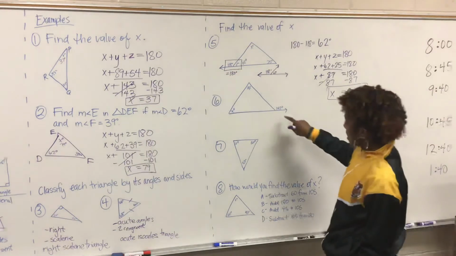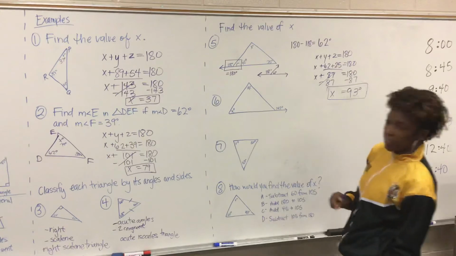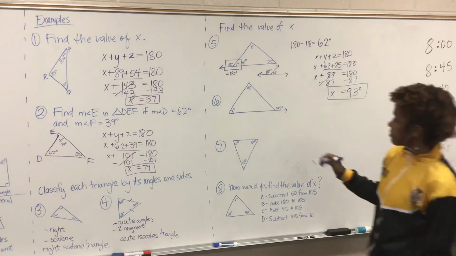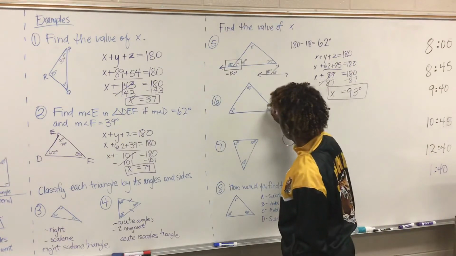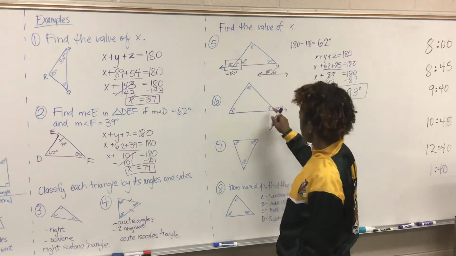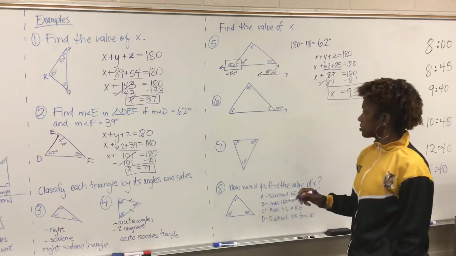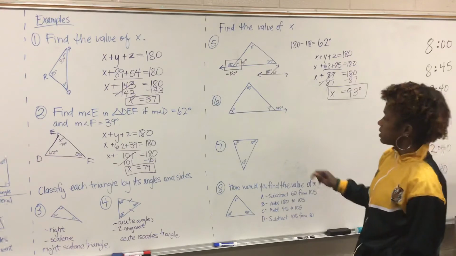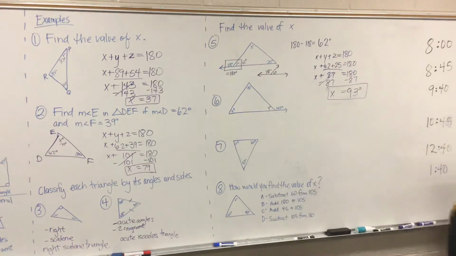Now, I have to do the same thing for this triangle. First, I want you to try it. Remember, you have to find this angle here. We'll name it y. You have to find that angle first, using the given information of 142 degrees. So you can pause at this time. All right, so we have